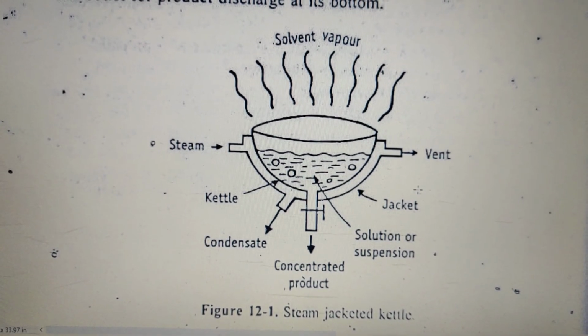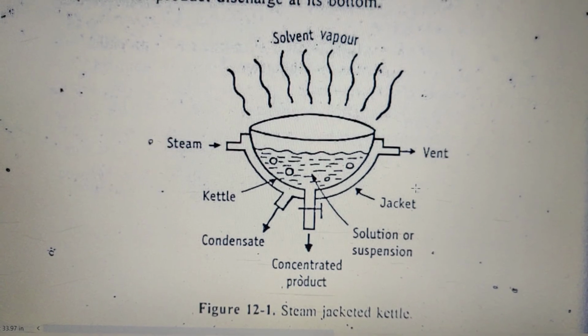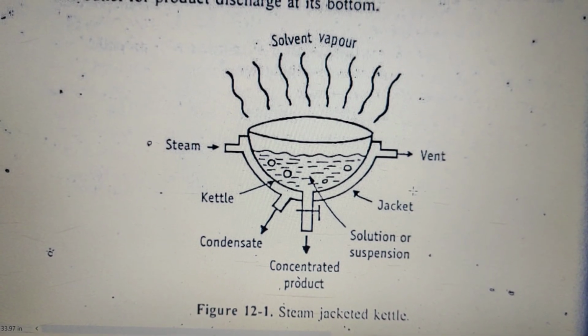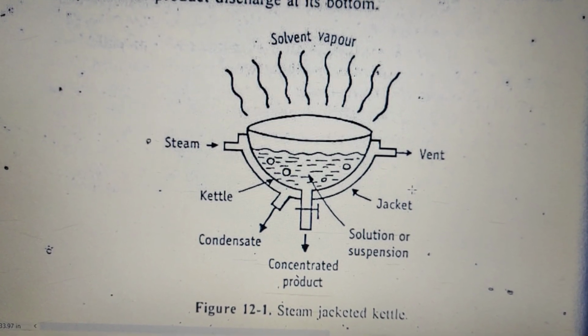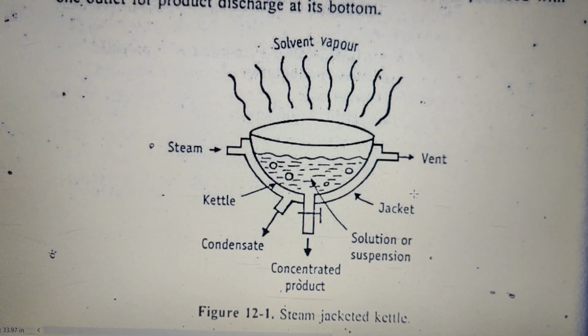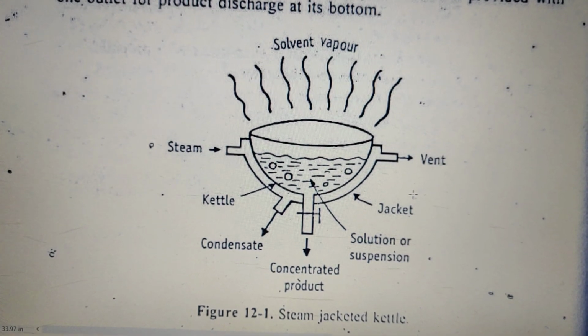Next, write the working properly in again 2-3 statements. Steam is put, then heat transfer takes place by what method. Then the outlet is for condensate also. The outlet at the bottom is there for the concentrated product as well. So all these things can be explained in 2-3 sentences. Then we can move to merits, demerits, that is advantage, disadvantage. Then last would be uses and applications.